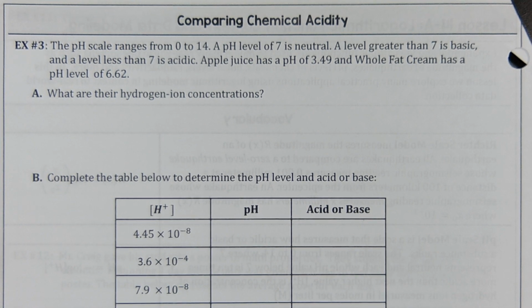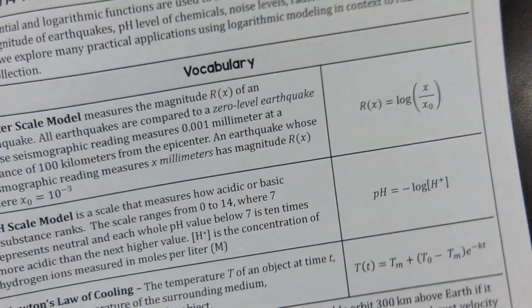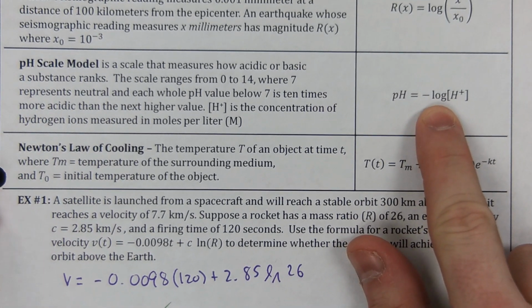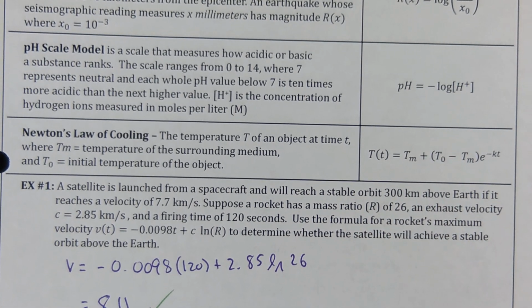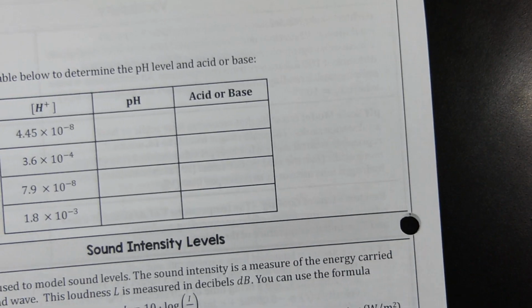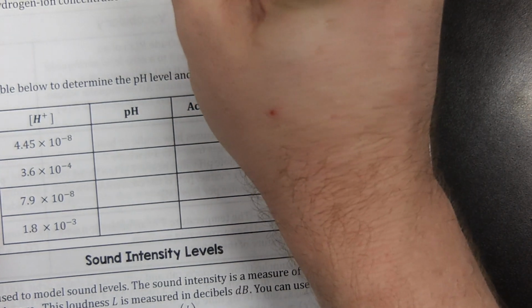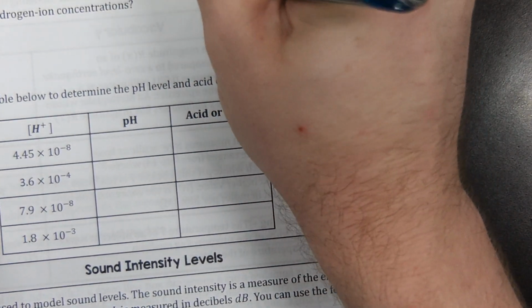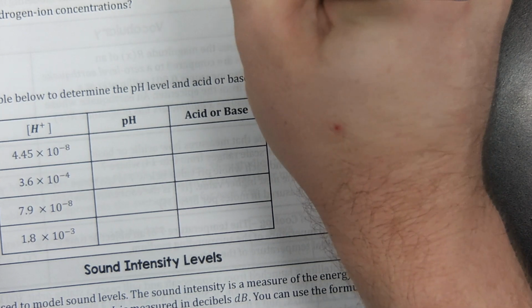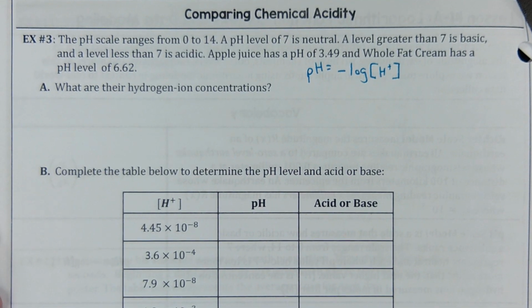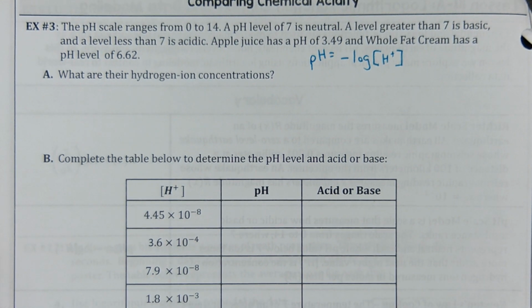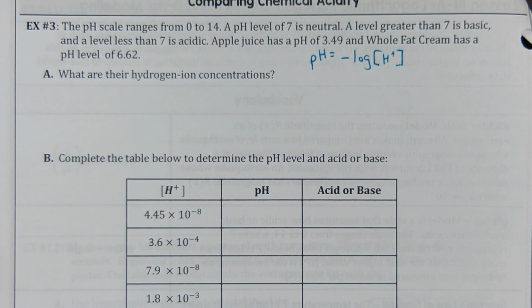But it asks, what are their hydrogen ion concentrations? For that, we're going to need to come back to the pH formula. H plus is your hydrogen ion concentration. So pH equals negative log of H plus, where H plus is just your hydrogen ions. I already told you, you don't have to know these formulas. Oops, sorry, you couldn't see what I was writing. No, you don't have to have the formula memorized. It'll always be supplied. So for apple juice,